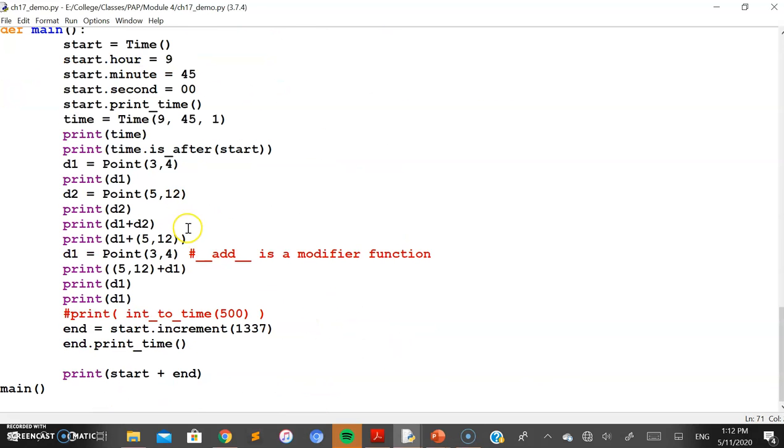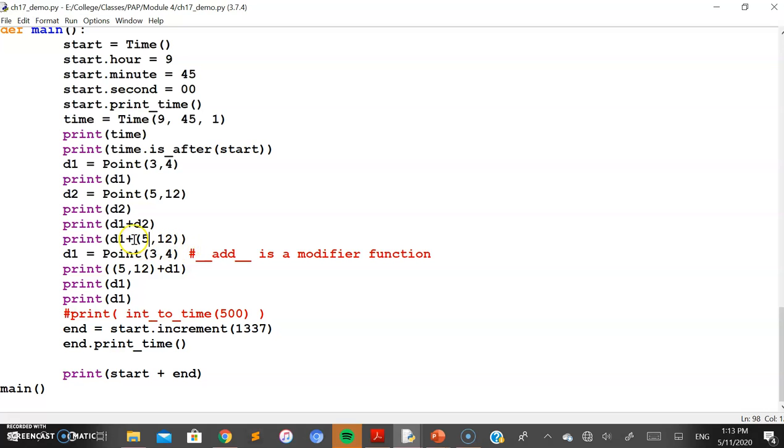Following that, we have another way where we are calling the print method along with the addition of one object and the second operand being a tuple here. This is one of the exercise programs given in the middle of your chapter, where you need to write a program to perform the addition of an object of the Point class and the second operand being a tuple.